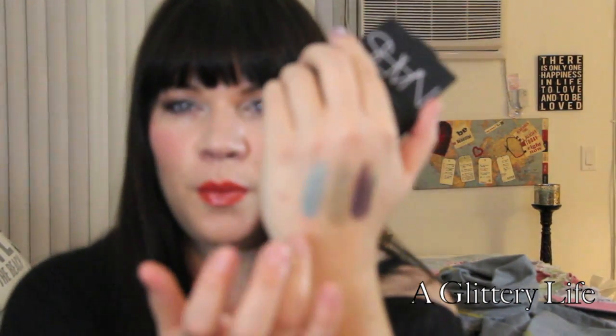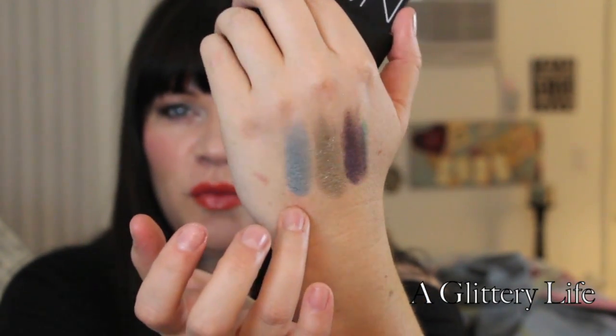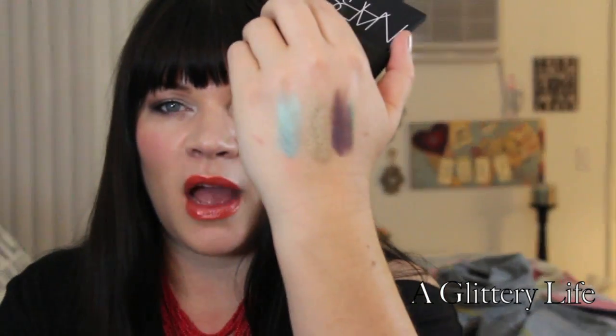And I'll swatch these next to it so you can see how they can incorporate with one another. I'll do this tealy one first. This is very much like a mermaid tail to me. Just so pretty. Very opaque, but also very shimmery. And you can really build that color up. And then the plummy violet one,